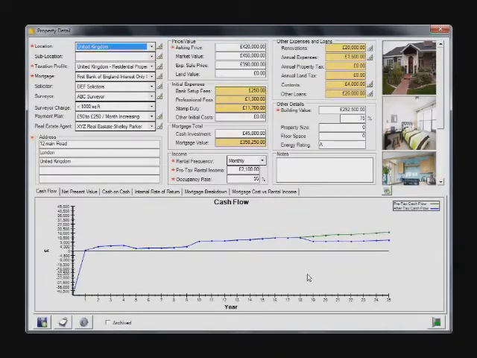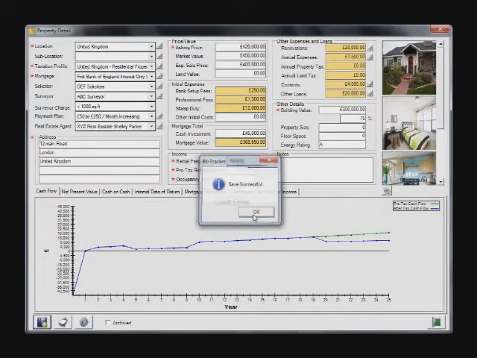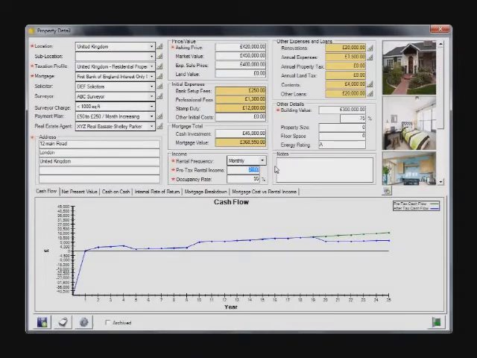The property detail screen acts as a command center for your potential investments. Any changes made here are immediately reflected within the 6 performance indicators, which are expressed in graphical form at the bottom of the screen. Pay particular interest to the cash flow graph at the bottom of the screen here, as I change some of the variables relating to the property. Starting with the sale price, rental income level,